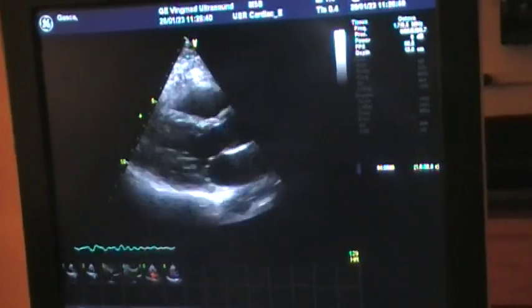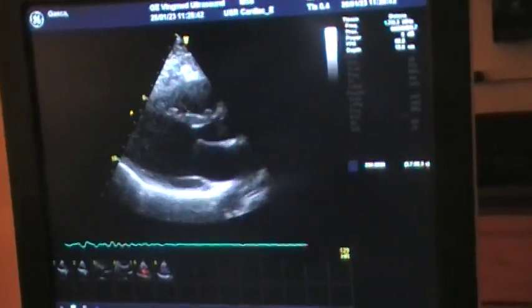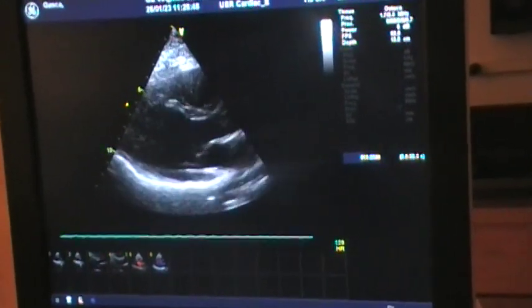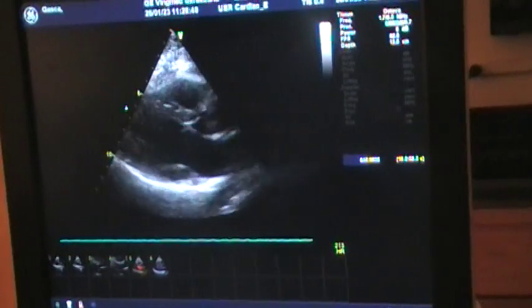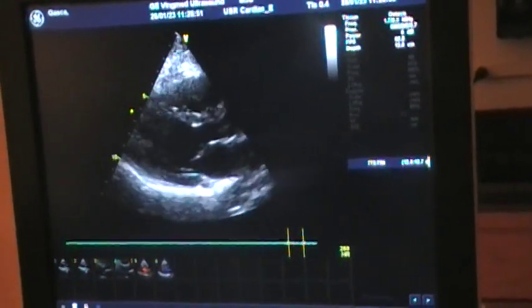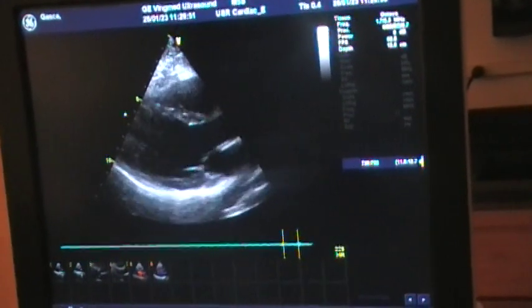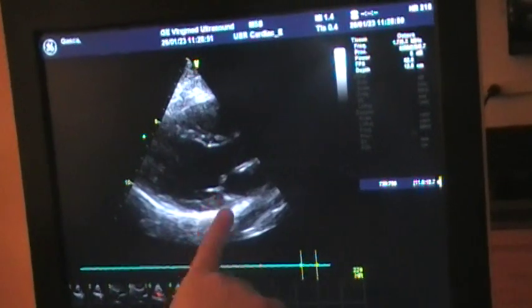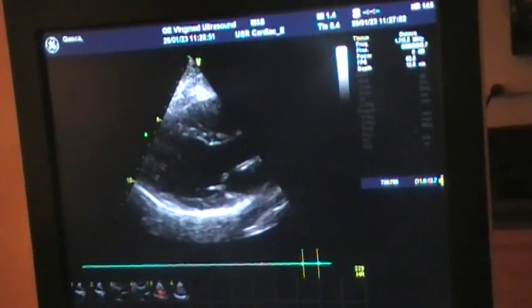Okay. Then you can do your 2D measurements. So you let it run a few beats, just get a good image of it. Freeze it. You're going to cine back to end diastole, where the ventricle's the biggest and your valves are going to be closed. You're going to hit measure. And for this one, you just do IVS diastole, and it should start your package to where you can just go